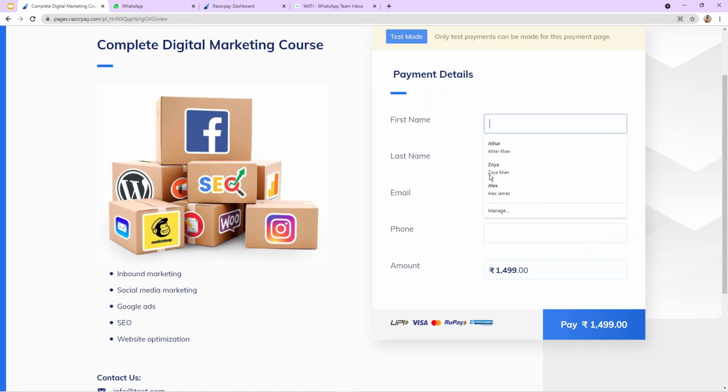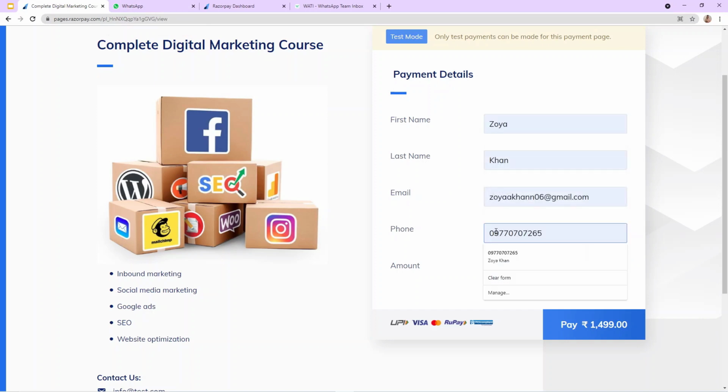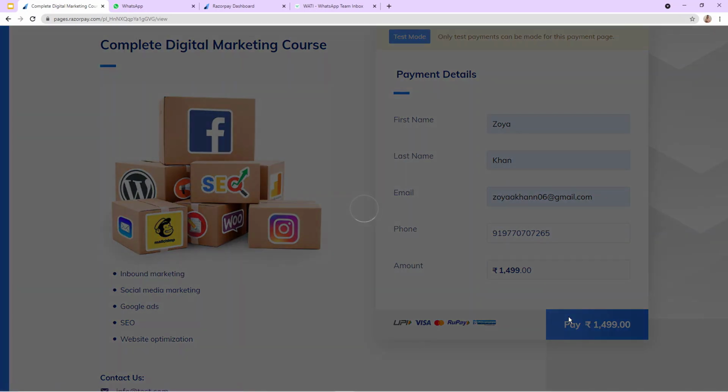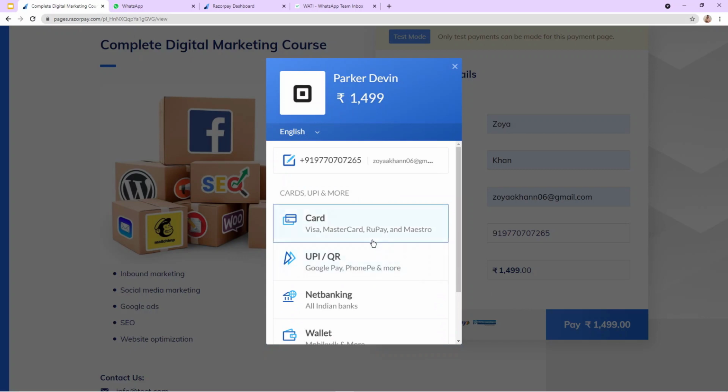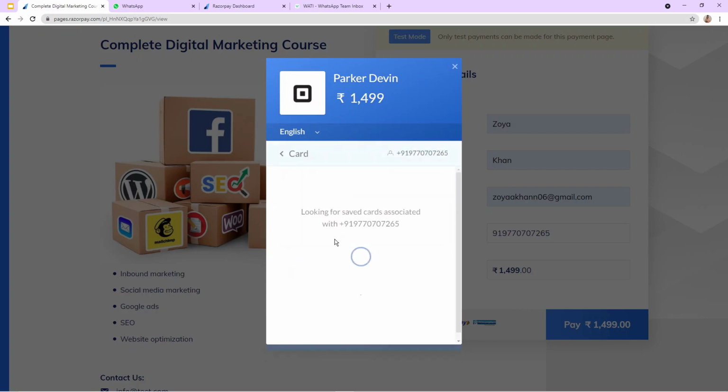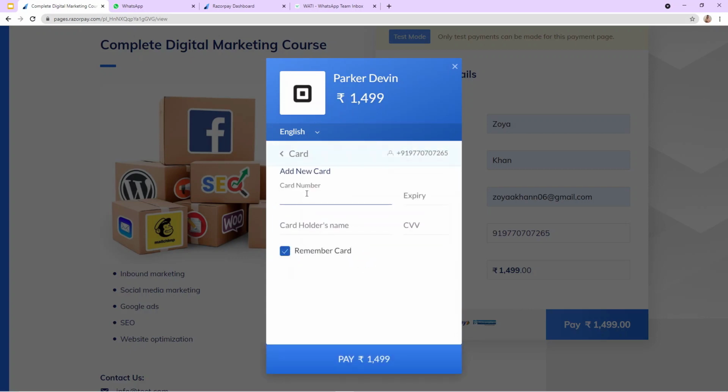So here I'm going to make a demo payment. Okay, so these are all the details which I filled in here, and now we are going to make a payment. I'm making a demo payment just as an example to show you. It's not a real one, that's why I'm entering these details. In real life, it will be quite different. Okay, so here I'm going to mention the name of the card holder. Okay,